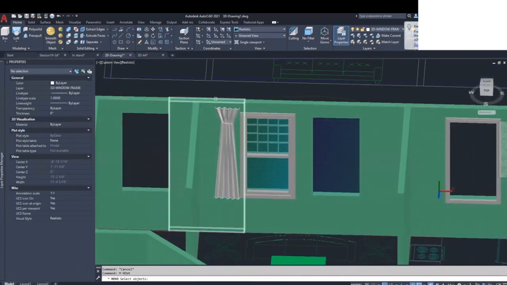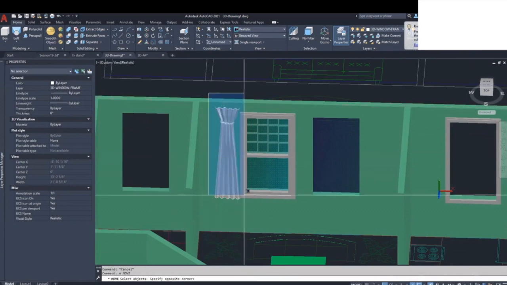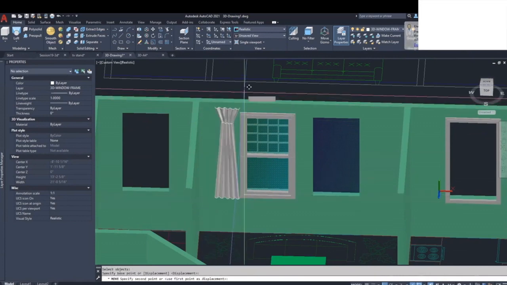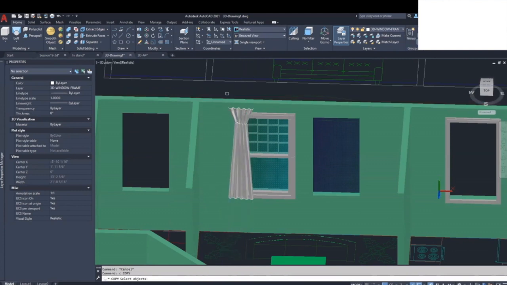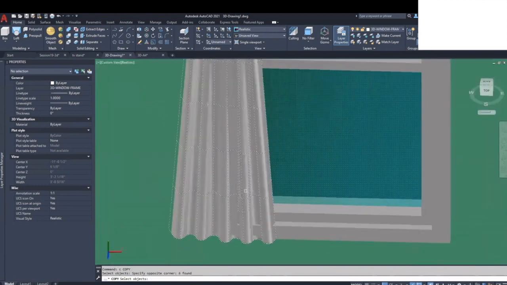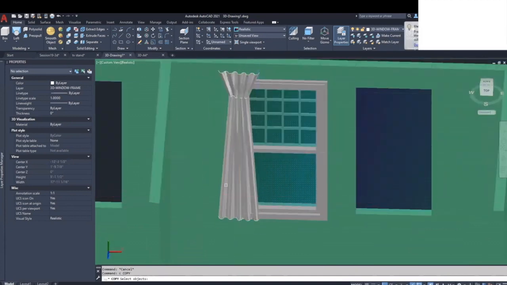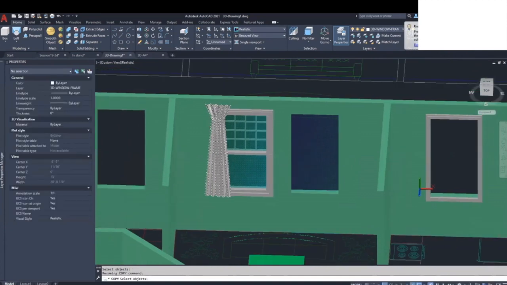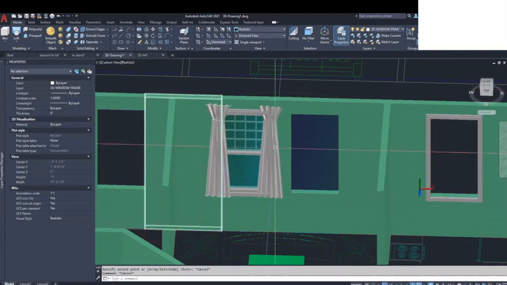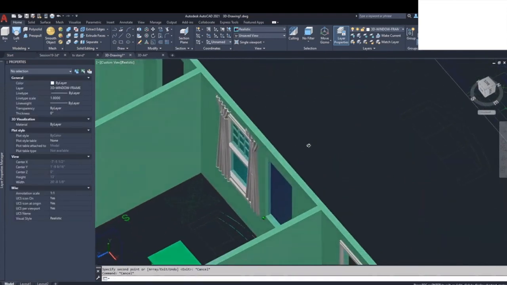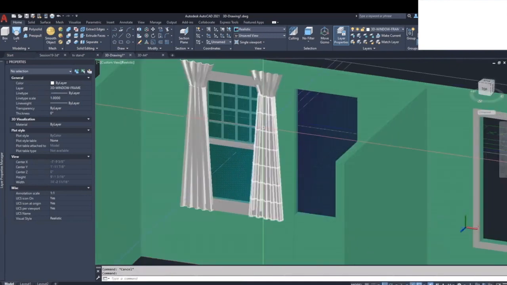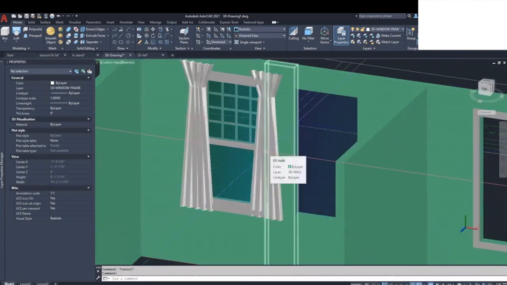So let's mirror this. Let's move this actually. Let's move this whole thing over to here. And move this, copy this. Oh, I want to pick the frame. I don't know. That's not bad. I've never done that before, but that's pretty cool. So anyway,